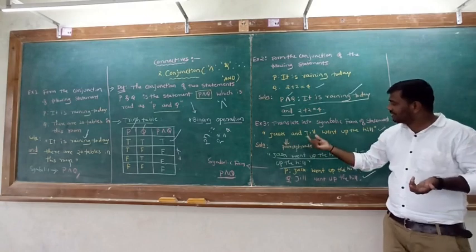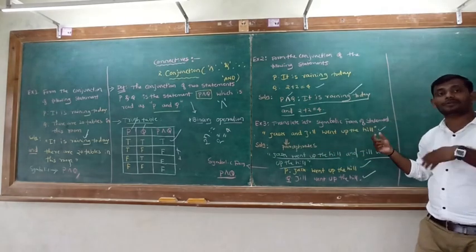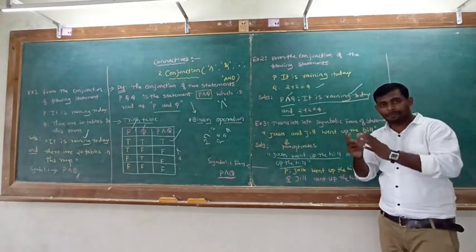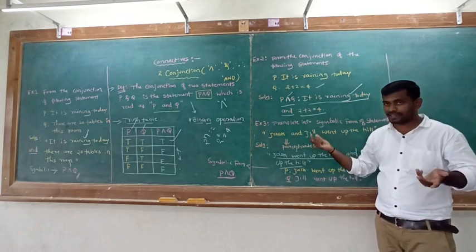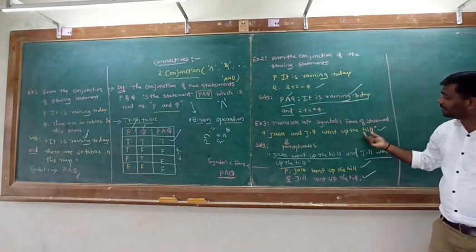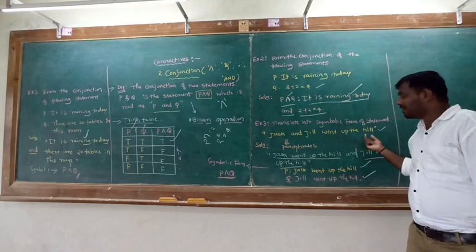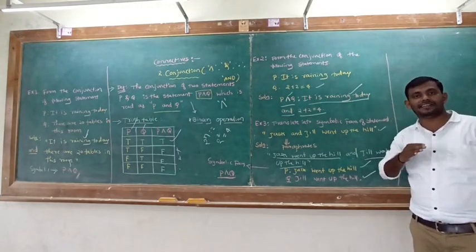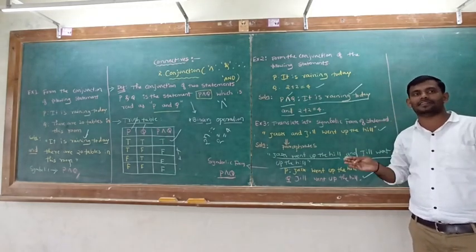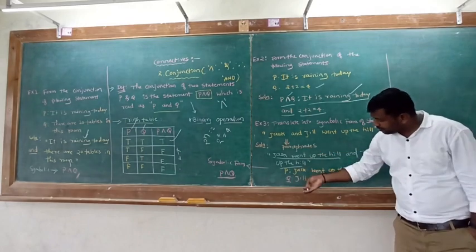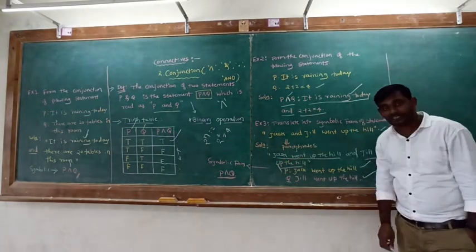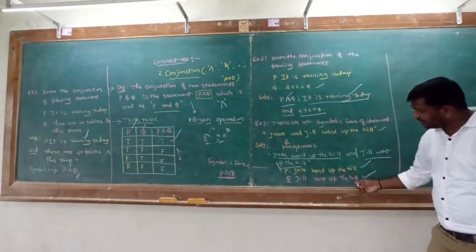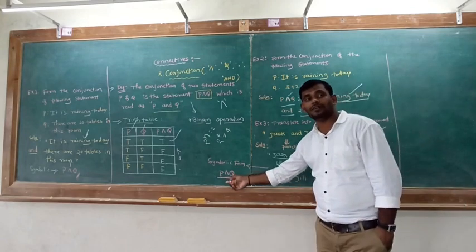Okay. So Jack and Jill went up the hill. Both went up the hill. So you can separate these sentences into two sentences. That is Jack went up the hill and next Jill went up the hill. So you can paraphrase these sentences. You can divide these sentences into sub sentences. And then how to denote these with alphabet letters. Okay, and then how to combine. Then how to form the symbolic form.